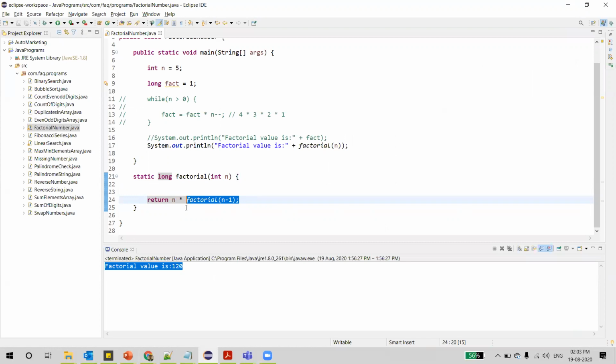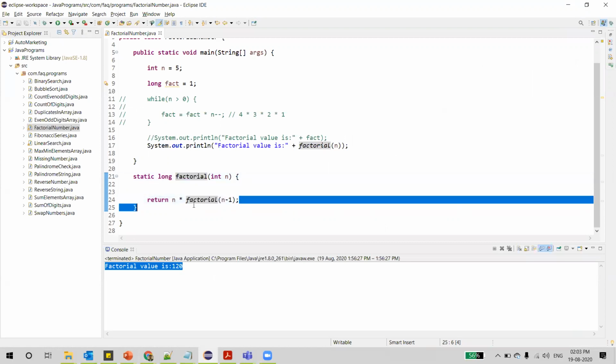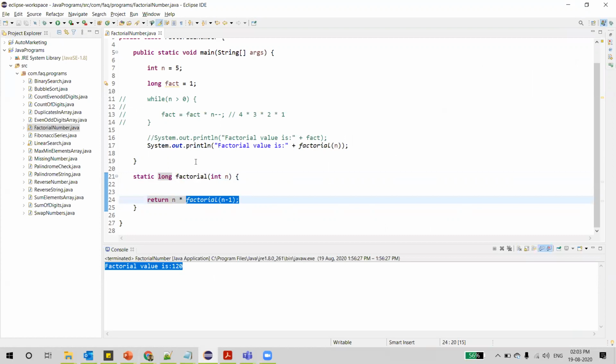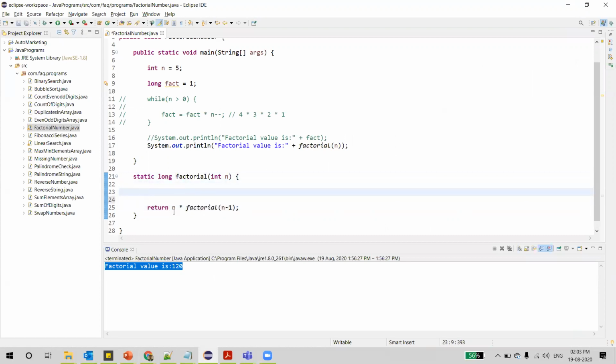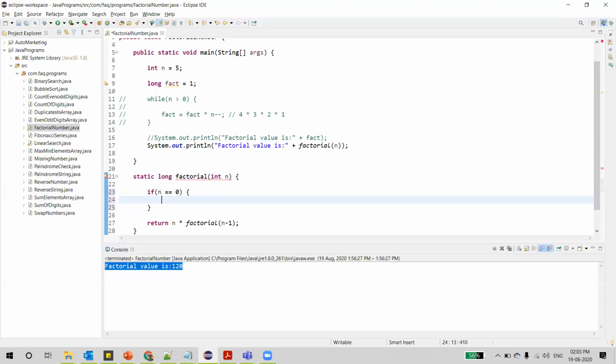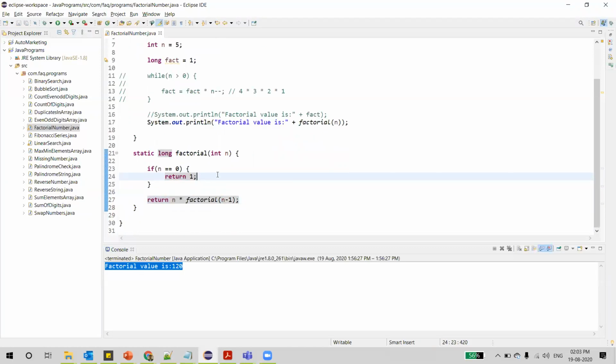So this is what we call recursion. Within the same method, we are calling the method again. In turn, this again calls the same method, with n minus 1. The same method will be called each time. And we need some condition here for when it should actually break. So for that, this has to happen till n becomes 0. When n becomes 0, we can just return 1, as factorial of 0 is 1, and then the product will be calculated in reverse order. That we'll see now.